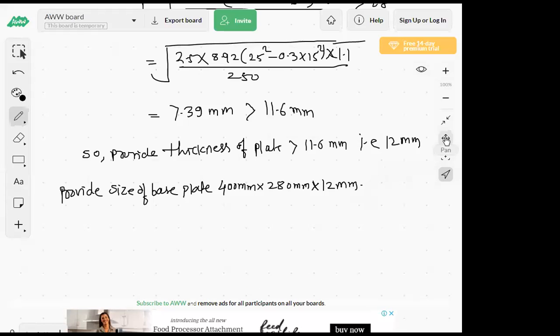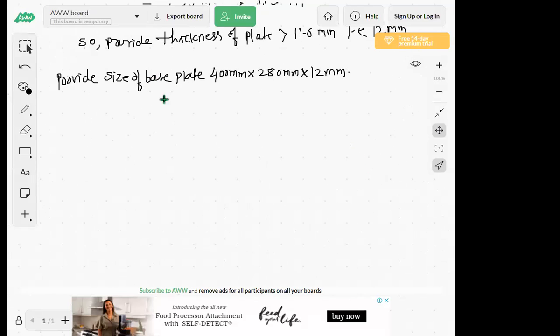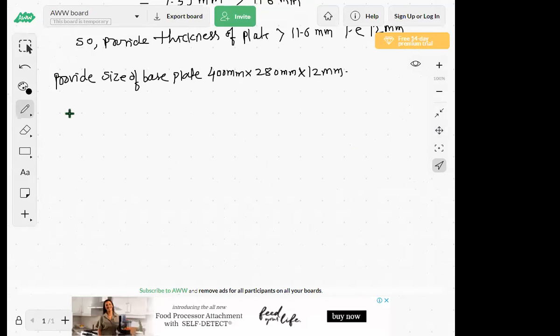So, okay. Now, next step, that is step number 6. In step number 6, we have to provide the anchor bolts and we have to decide the size of cleat angle. So in step number 6, we will write: provide four number of